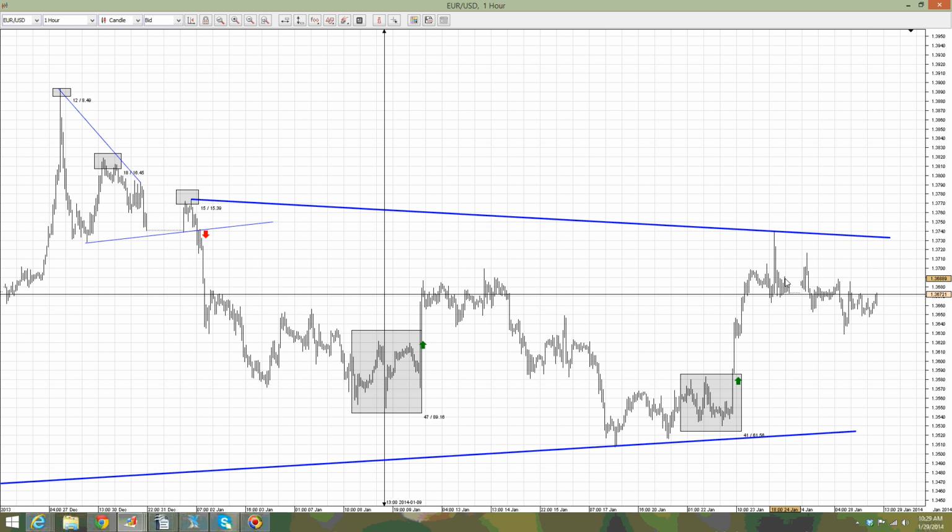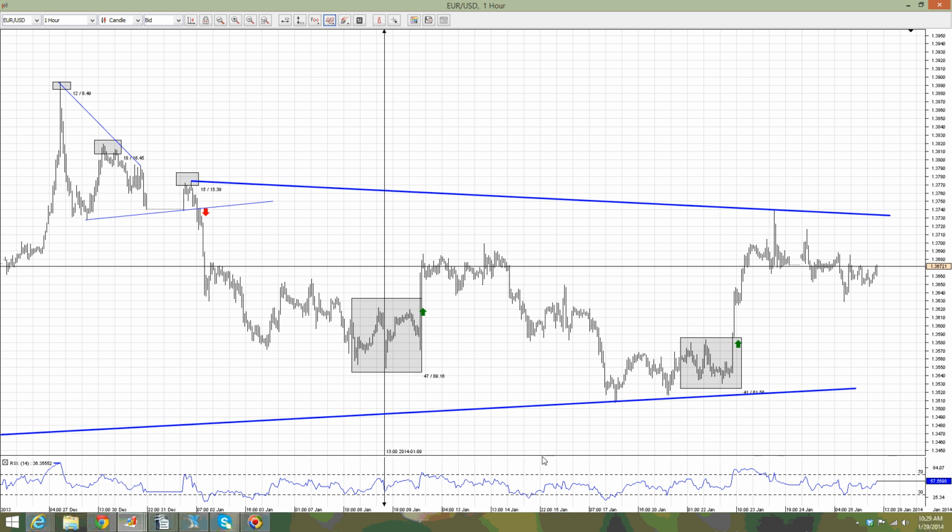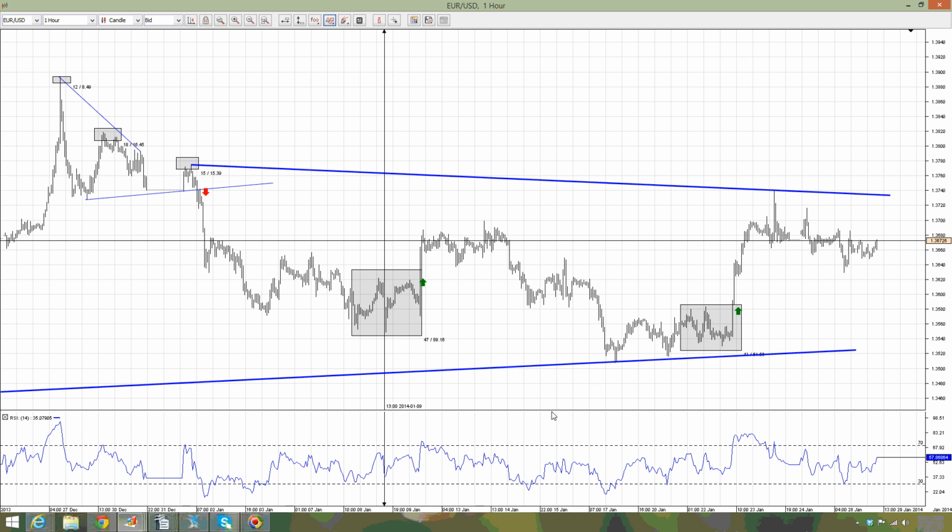Now, trading can be made also based on indicators. If you go, for example, and you add an indicator here and you put the RSI, the RSI means relative strength index. Now, relative strength index is one of the most popular indicators or oscillators out there, and trading can be made based on it. Taking into account the fact that this is